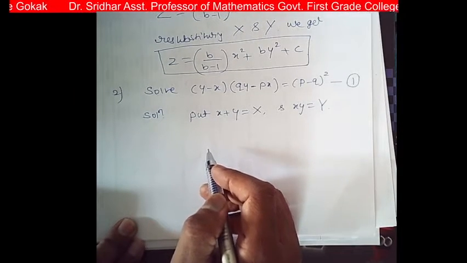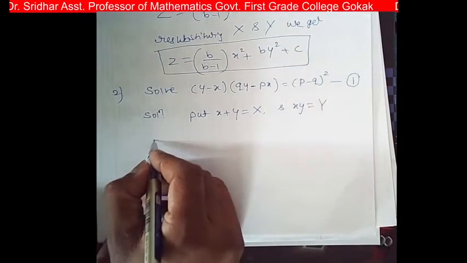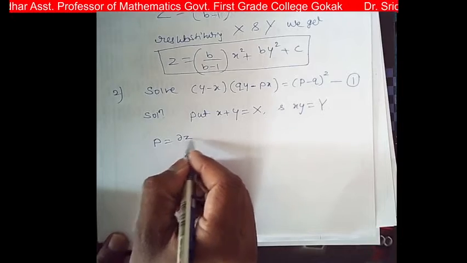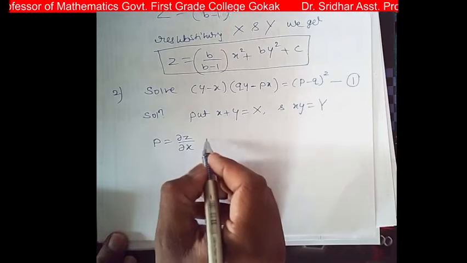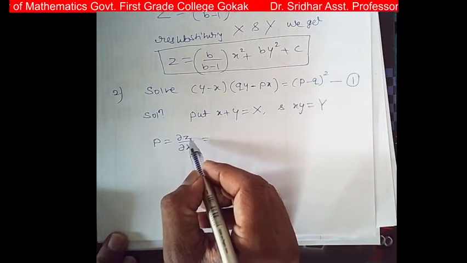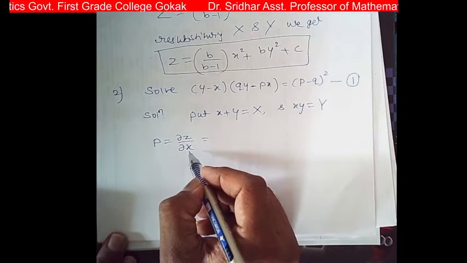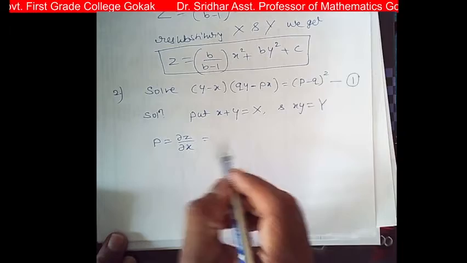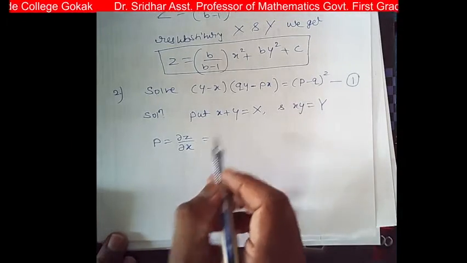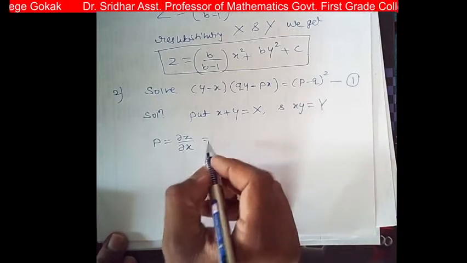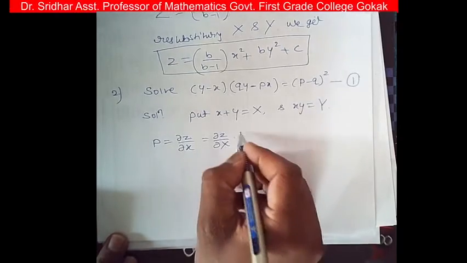Okay, so now we find p and q. So what is p? p is ∂z/∂x, that is ∂z/∂x with small x. Now in this case, we have to differentiate ∂z/∂x, and capital X is a function of two variables. So therefore, what we do? We differentiate like this. So ∂z/∂x means ∂z/∂X into ∂X/∂x,